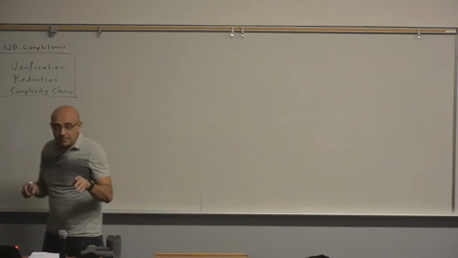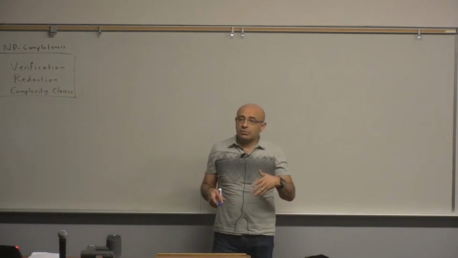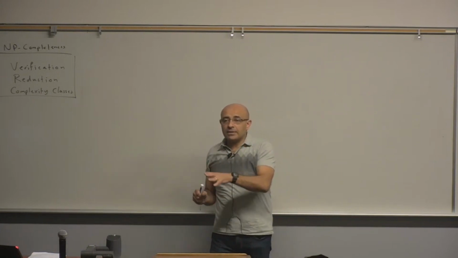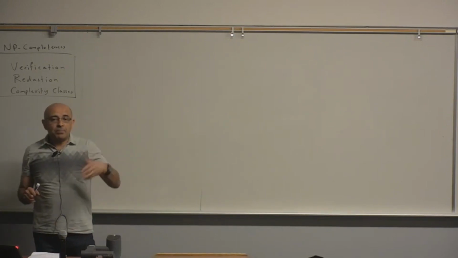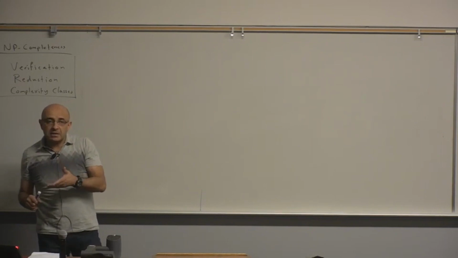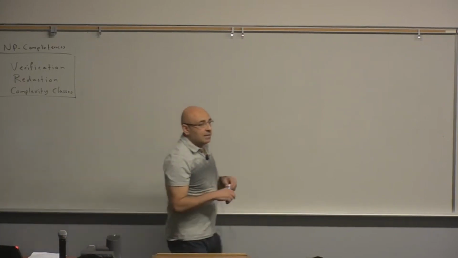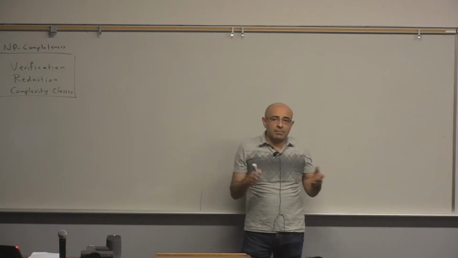So if there is a polynomial time solution that can compute the approximate solution to some or even all the instances, that's not an NP-complete problem. And if you have a non-polynomial time solution that can compute an exact solution to every instance, that can still be an NP-complete problem,